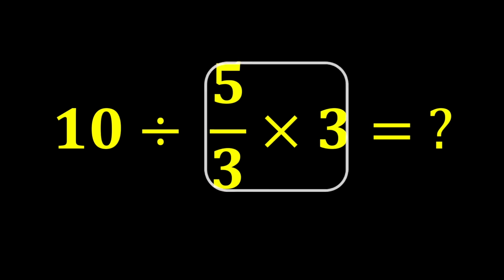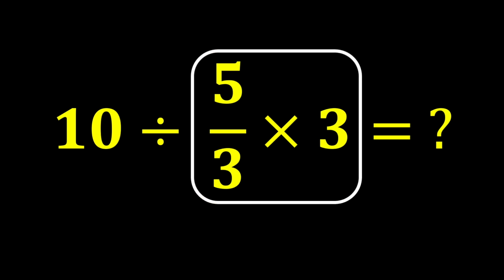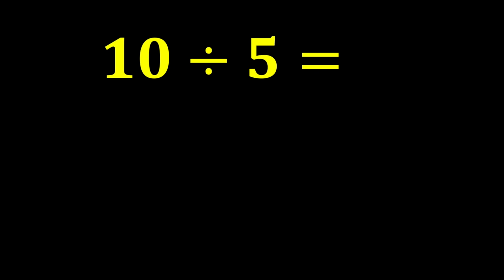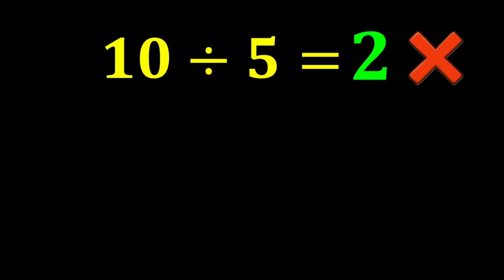First, we perform this multiplication, 5 over 3 times 3. This 3 and this 3 cancel each other out, and only 5 remains. In the end, 10 divided by 5 gives us 2. But this answer is not correct because we did not follow one of the most important rules in mathematics called